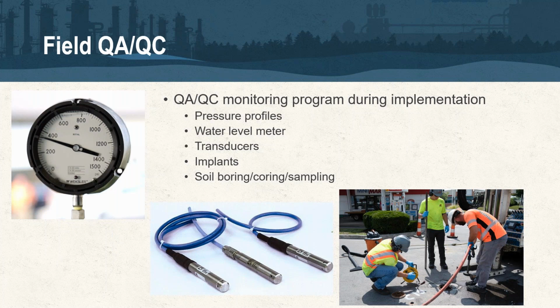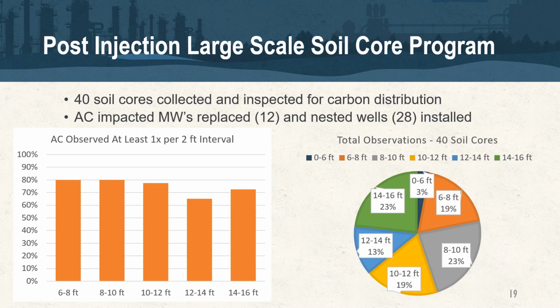And then lastly, as I've shown you already, we frequently take soil borings and cores to be able to look for distribution in the soil matrix. So there was kind of an R&D project where we did a large post-injection soil core program. And this is kind of special. We obviously don't do this on every site, but post-injection, we collected 40 soil cores, and they were all inspected for carbon distribution. And then as an aside, we also replaced all of the monitoring wells on site that were impacted with activated carbon. And then we installed 28 nested wells as well